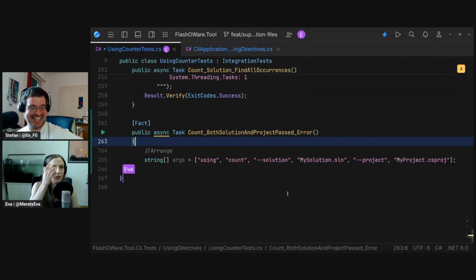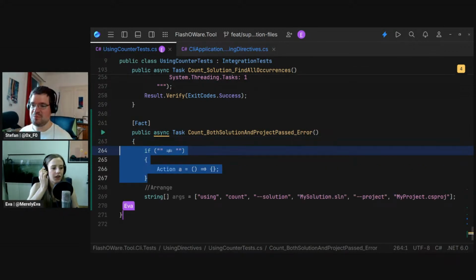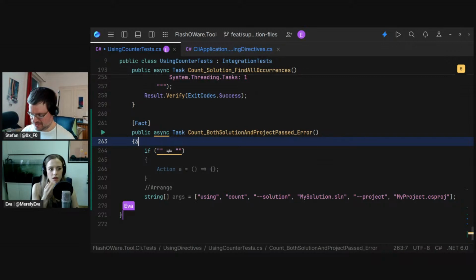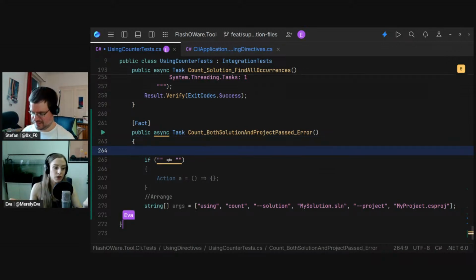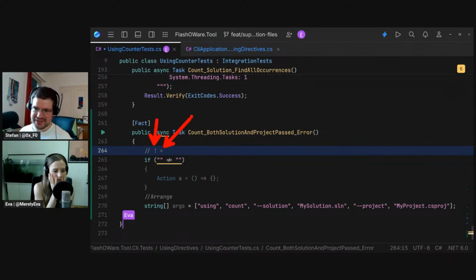Wait, but which one of the two is the ligature? Or are they both? Because they're two different things. Why do they have the same word? Well, no. It's the thing where you merge characters. It also does it in a comment. I'm not doing a space, but then the exclamation point and equal sign merges